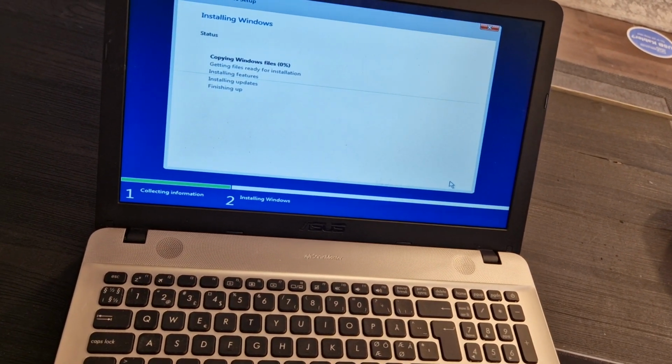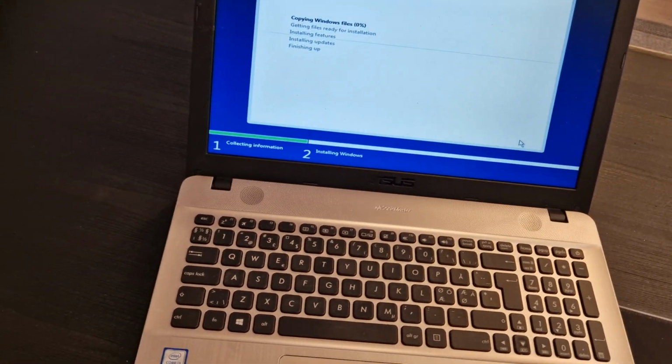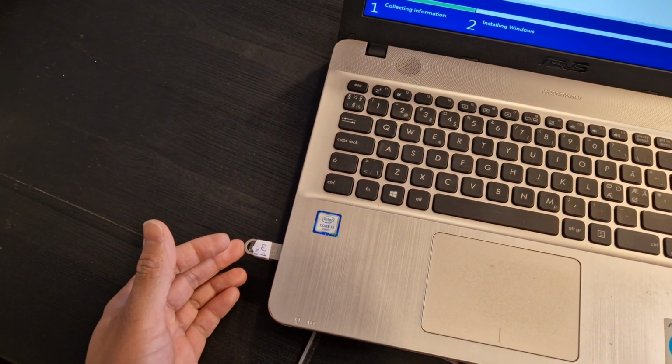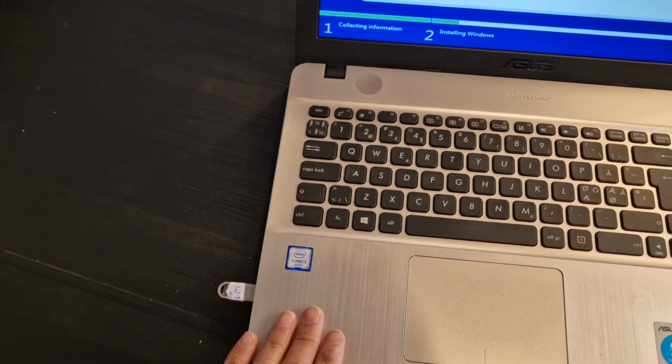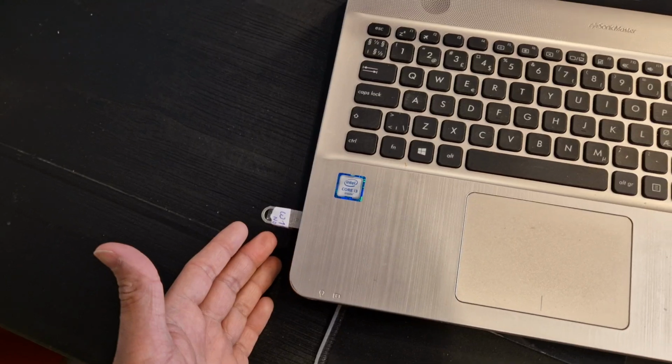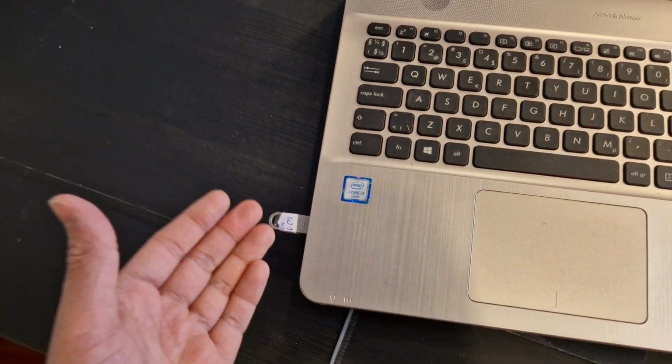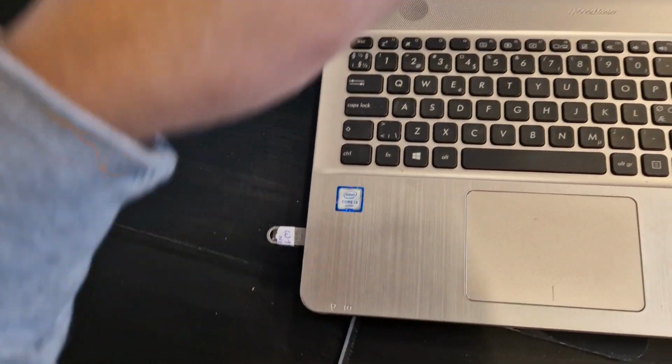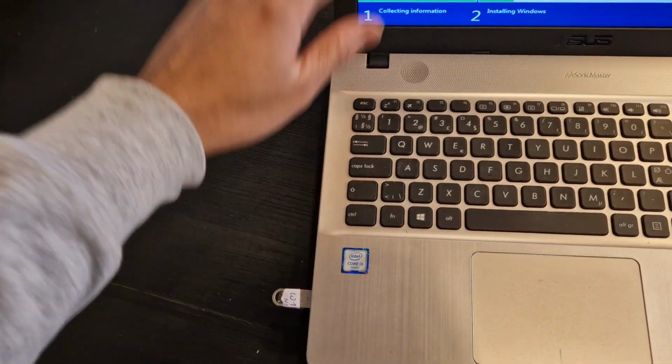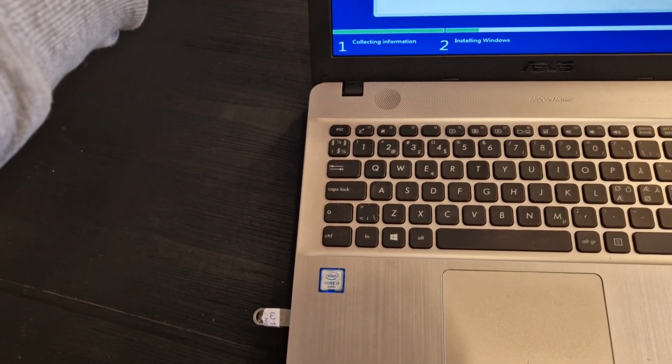Yes, start. It's very easy. It doesn't matter if it is Windows 10 or 11. If this laptop supports Windows 11, then you can put Windows 11. If it supports 10, then put 10, but in the same way: put the USB, start the laptop and press escape, and select the flash